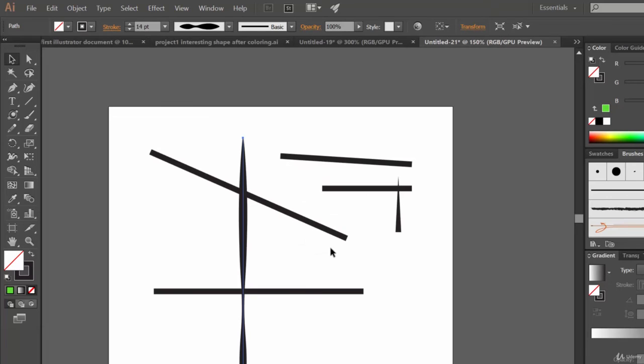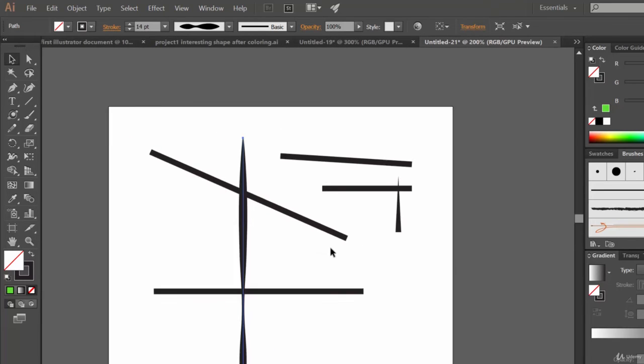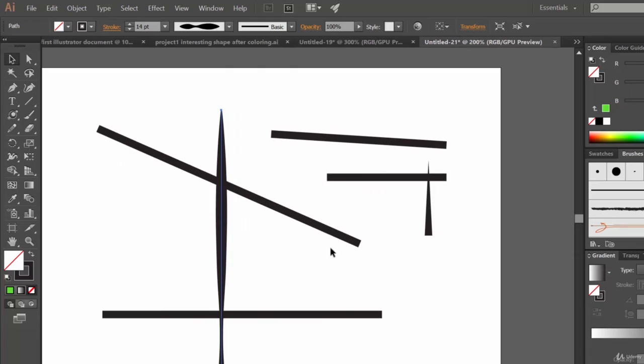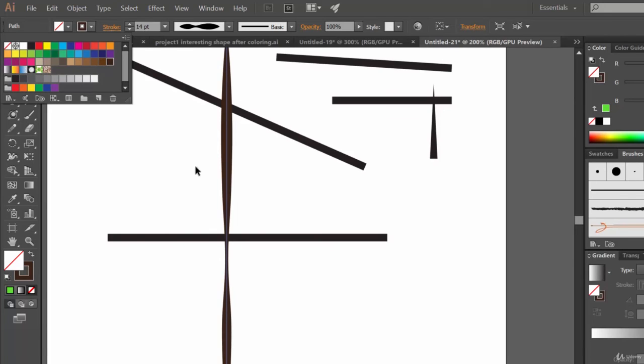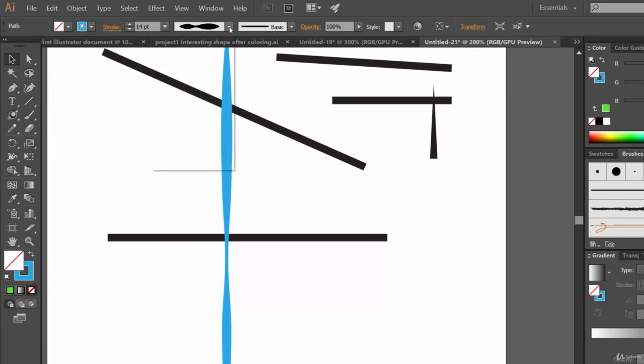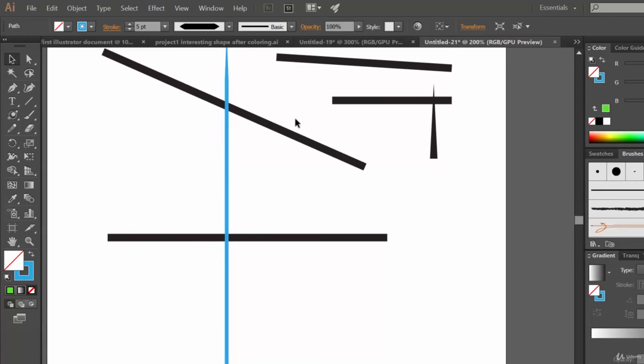Let's zoom in again. Now for zooming in, what we are doing, we are just pressing Ctrl plus. Ctrl plus for zooming in and Ctrl minus for zooming out. Okay, so that's it. You can even change the stroke color if you wish. See, just like this. Well, let's make it blue. Yup, see, you can change the width profile if you wish. You can change the stroke width,